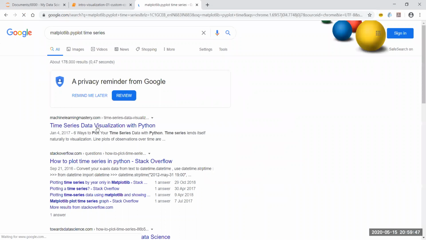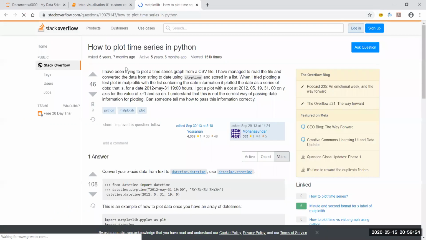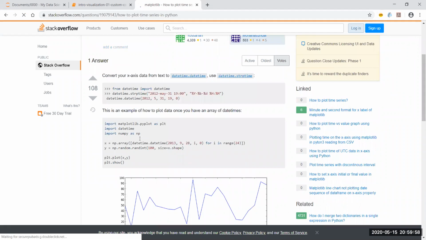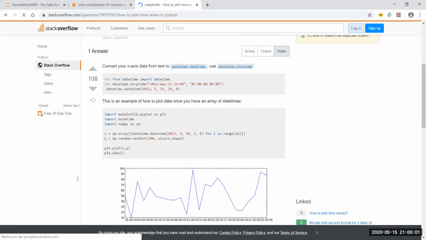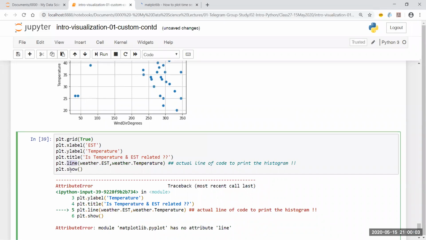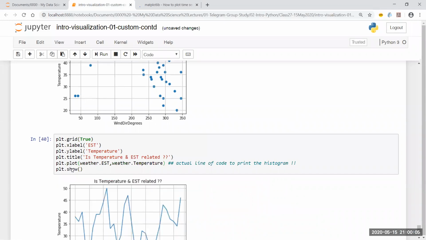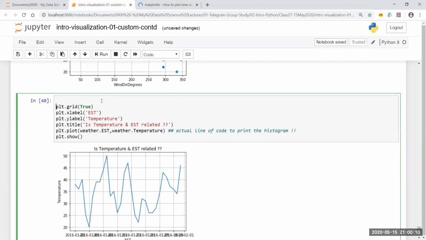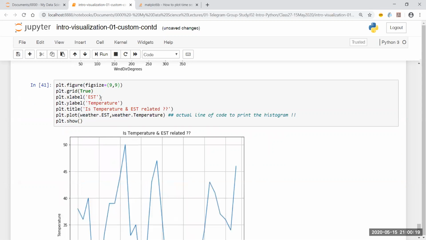Okay, so I'm not going to explain what is time series right now, but very briefly I'm going to tell you what this means. I'm simply going to look at the code that it is trying to do. Okay, it is simply using plt.plot. So why not? I'm going to use plt.plot. Fine. So if I do a plt.plot, let me just also do one thing. Let me say plt.figure figsize is equal to, let's say, 9,9. Okay, this is just going to make it a bit bigger.